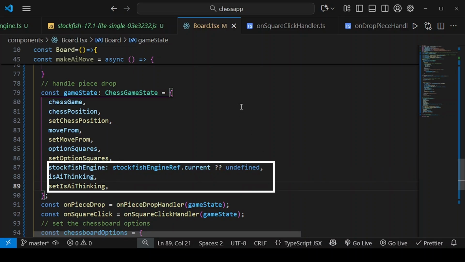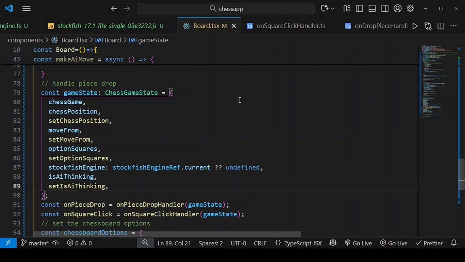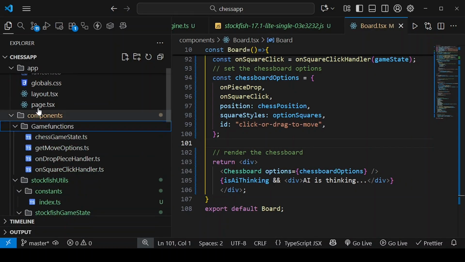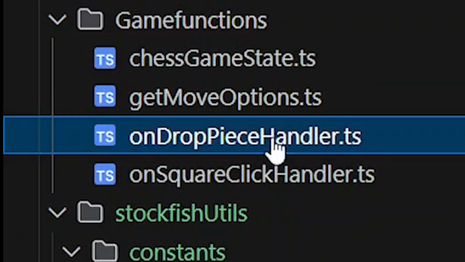Now I'm going to paste this chunk of code. Here we are just updating the ChessGameState interface with the needed values that we added previously. That's why you have the StockfishEngine, isAIThinking, and setIsAIThinking variables. So go to the